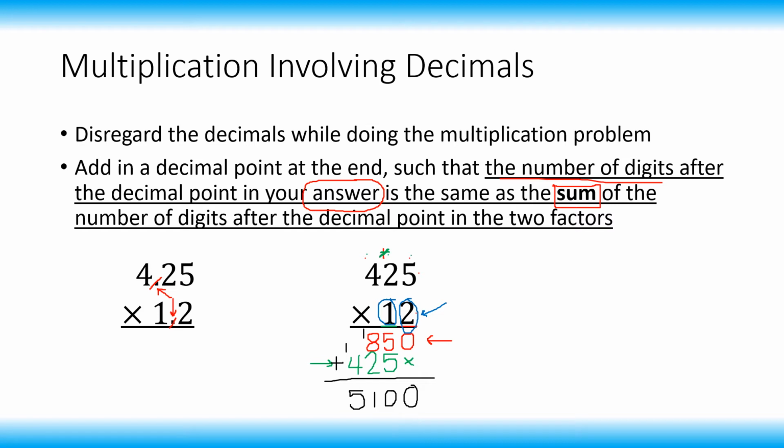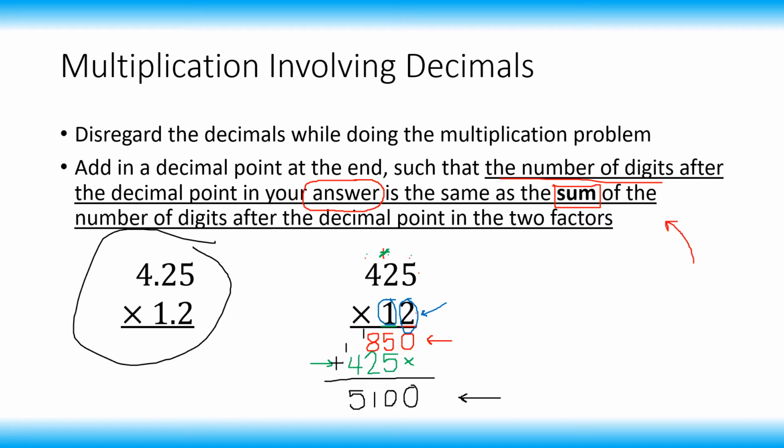Now we're nearly done, but remember that the original question was this one over here. So if I just get rid of the little red markings in there, our original question was 4.25 times 1.2. So basically that's 4 and a little bit times 1 and a little bit. So our answer should be a little bit bigger than 4, and right now our answer is looking like 5,100. So the reason for that is that we still have to do that last step where we go back to